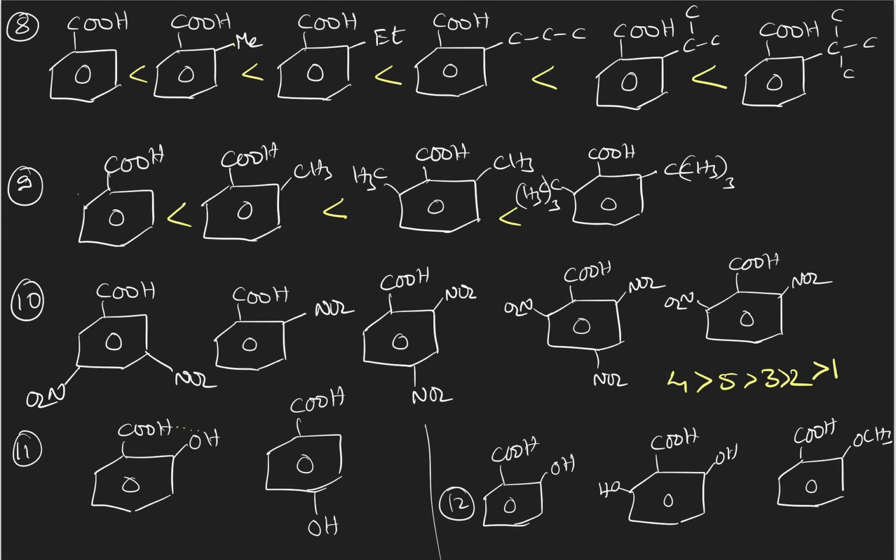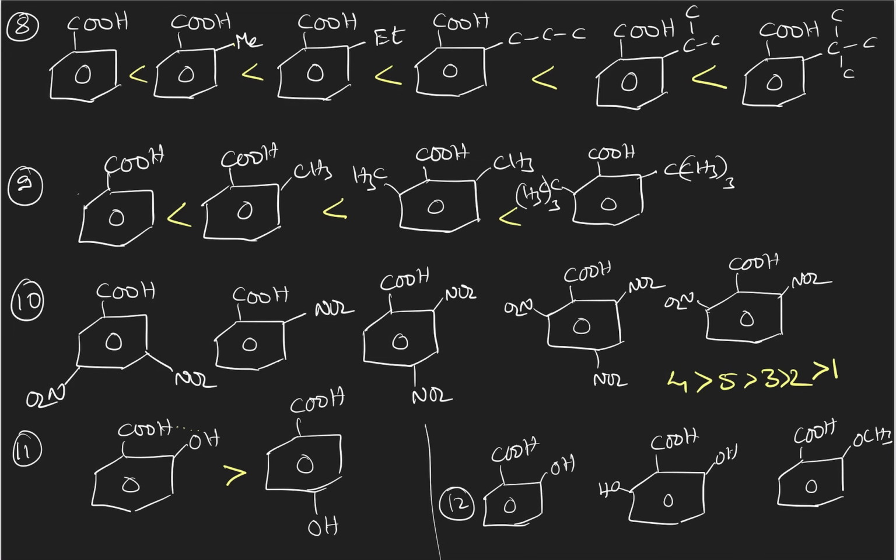And in this salicylic acid, there is intramolecular hydrogen bonding. The intramolecular hydrogen bonding will decrease the acidic strength of salicylic acid, but the decrease is not so much that it will be less acidic than a para isomer. By the ortho effect there is an increase in acidic strength, but by intramolecular hydrogen bonding a slight decrease is there. So overall, there is still high acidic strength for ortho substituted benzoic acid because of the ortho effect. Understood the point? Therefore, the first compound is more acidic than the second compound.